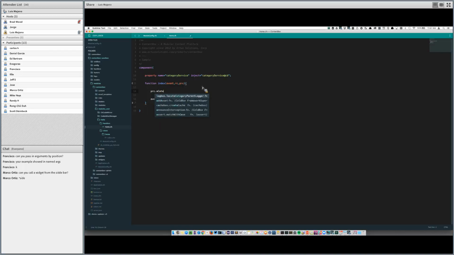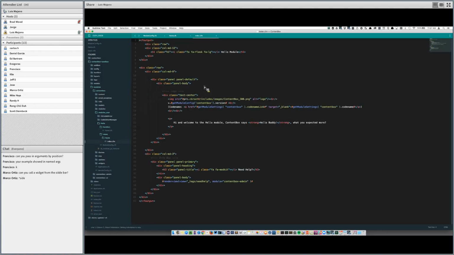So let's check out the code for that. Here is the handler of home. It actually looks exactly like a ContentBox handler because it is a ContentBox handler. Nothing new. Okay? It has a traditional set view, which will come from the module itself. Okay? This can have its own dependency injection.